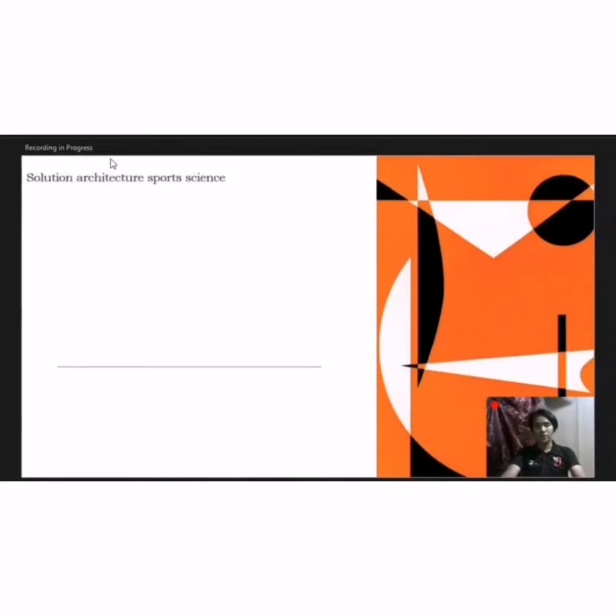Okay, now I will talk about solution architecture of sports science. First, in addressing solution architecture in sports science, the term adaptability is an essential principle. This thesis focuses on adaptability and the clarification of this principle in typical studies on sport science facilities. Clarification of the ideals of analytical adaptability allows findings and outlines to be drawn from case studies.